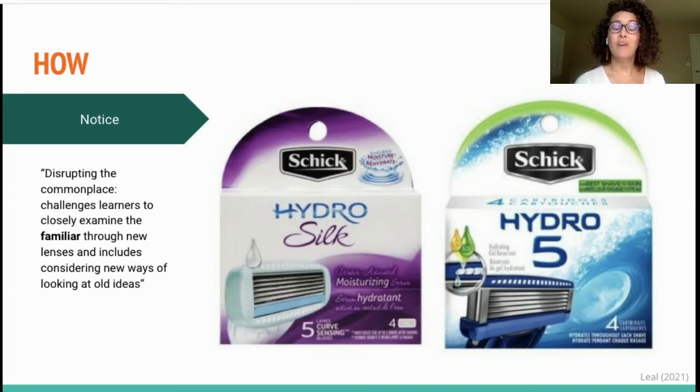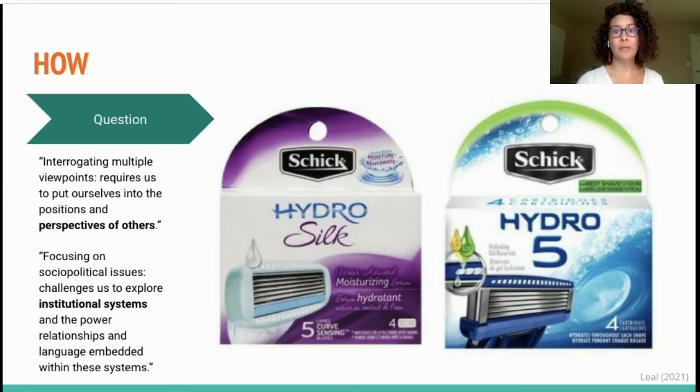We can notice the font. The one on the left in purple has swirly fonts. The right has more blocky fonts. We can notice the images that are being used. The one on the right with the blue has a wave. We can also notice the shape of the product, how the one on the right is more blocky and the one on the left is a little more round. I'm sure you've noticed other things too, but for now, let's use this information to go to the next step,